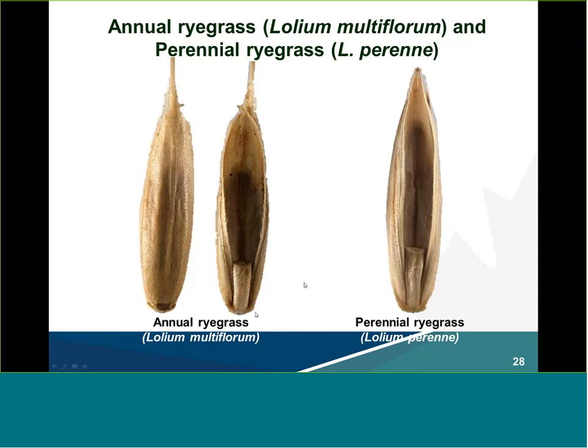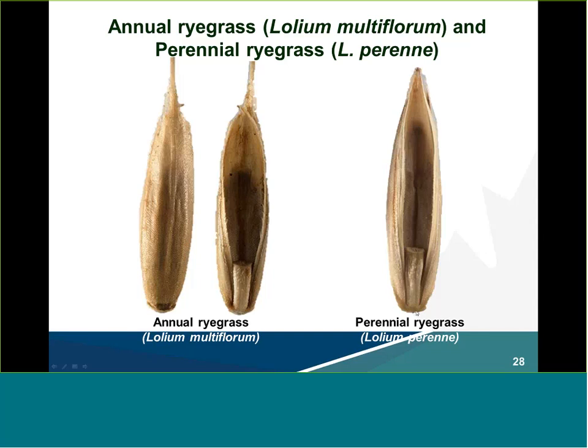Notice something about the rachilla between these two, especially near the base. In annual ryegrass, it's straight-sided all the way to the base and can be curved outwards. Perennial ryegrass, it often tapers toward the base, but look how tiny of a difference that is, and it also tends to lie flat against the Poaceae. Looking at the callus,